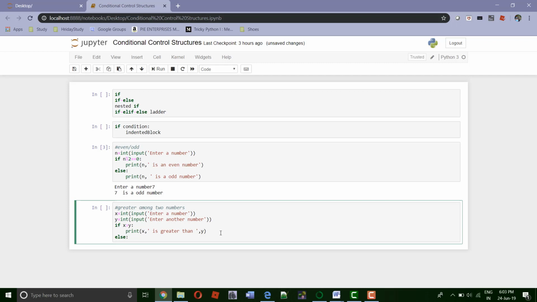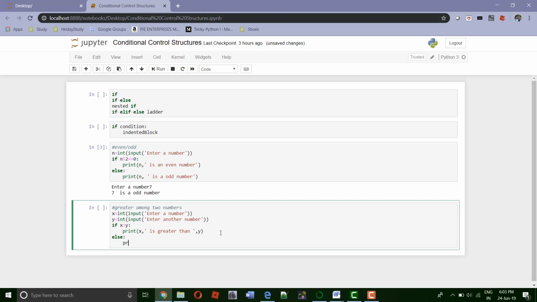In that case we will give the message print, and then we will say y, and in single quotes we will give our message, is greater than, and then again the value of x has to be displayed. So here we will give x.